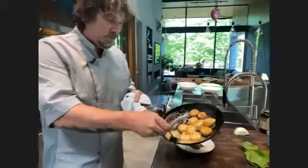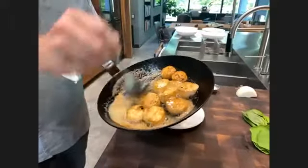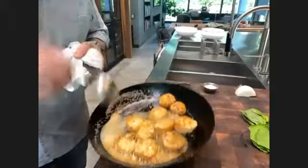So basically what we're looking at right now is a really, really nicely seared, butter braised scallop. Now, what I'm going to do...